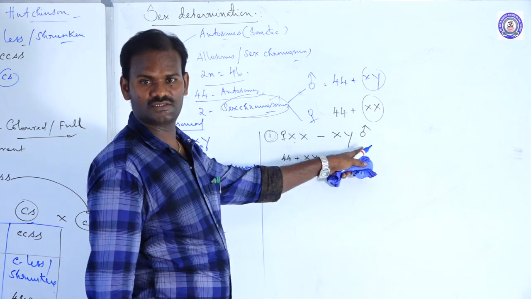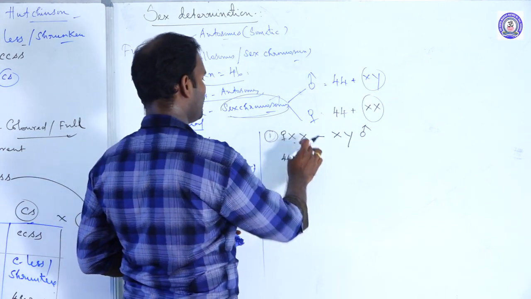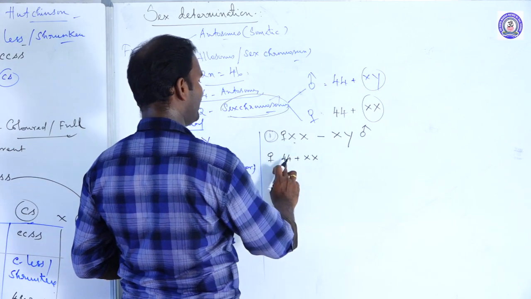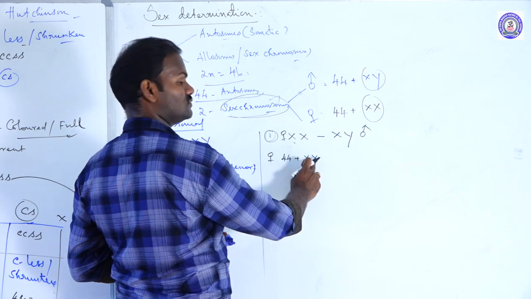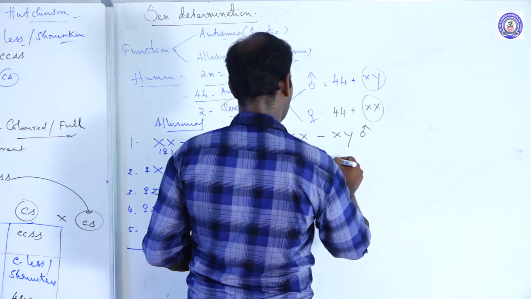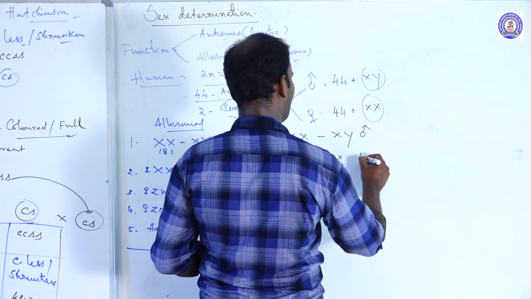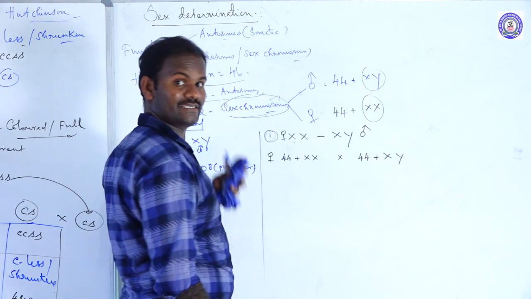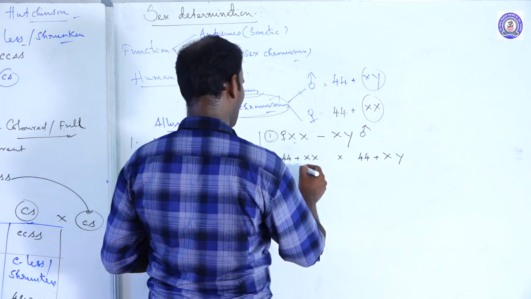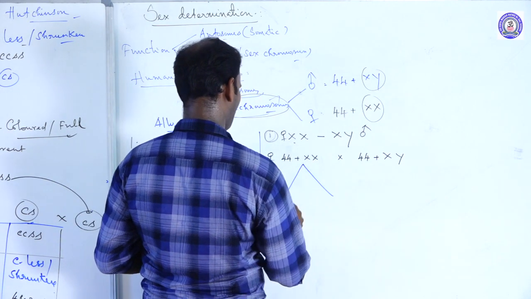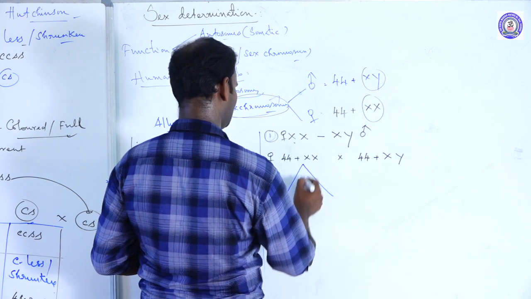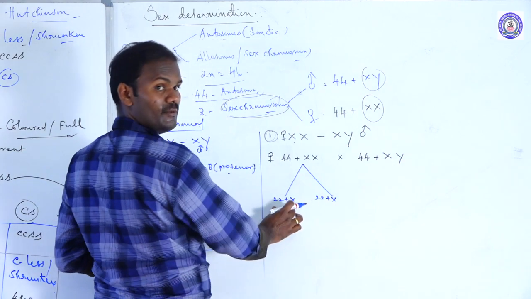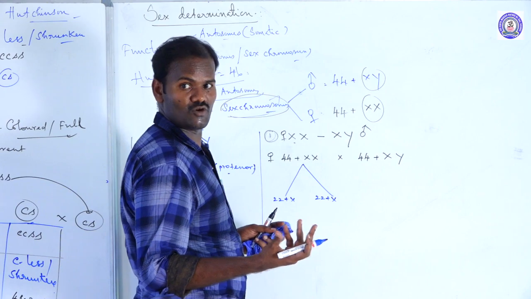There are 2 different types of sex chromosomes. Here, female is homogametic, so only one type of gamete is possible. In female, 44 chromosomes are autosomes, and XX are the 2 sex chromosomes. In male, 44 chromosomes autosomes plus X, Y. These are the sex chromosomes. At the time of gamete formation, 22 plus X. Here also 22 plus X. So both are the same gamete, so we take only one gamete, no problem at all.